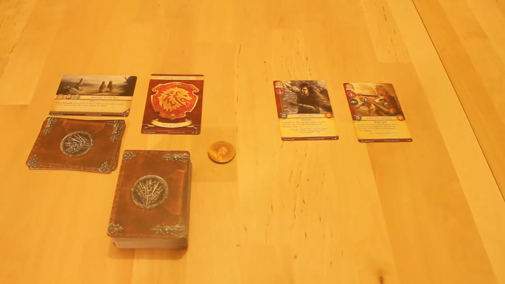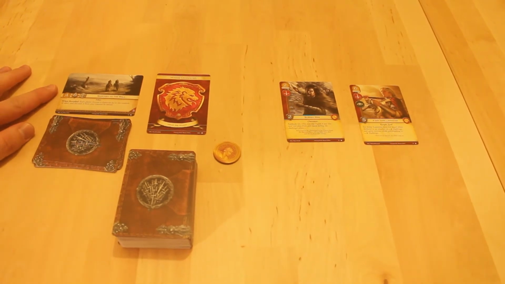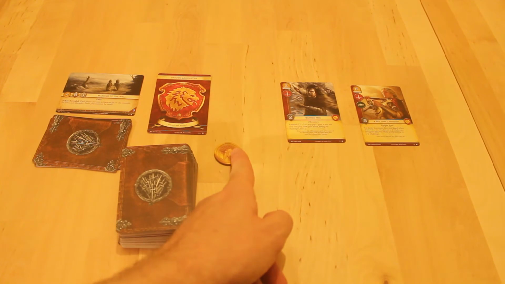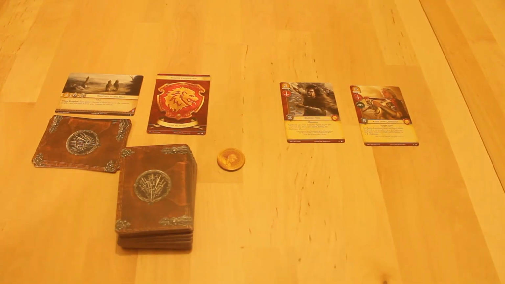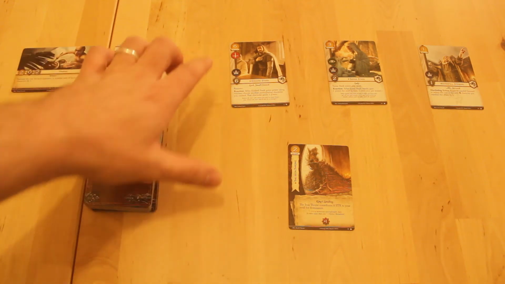Over on the Lannister side of the table, we've got the plot card with 1 claim. They've only got 1 gold, which they didn't spend. They've got Burned Man here and Jaime Lannister. Okay, so the Starks are going to go first in this example, and they have access to each type of